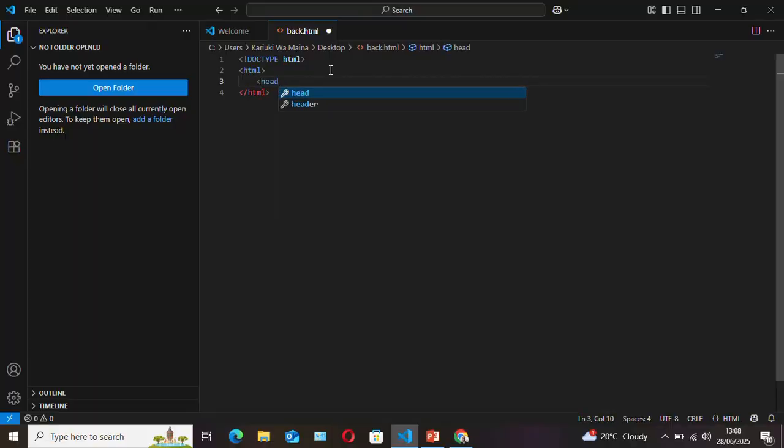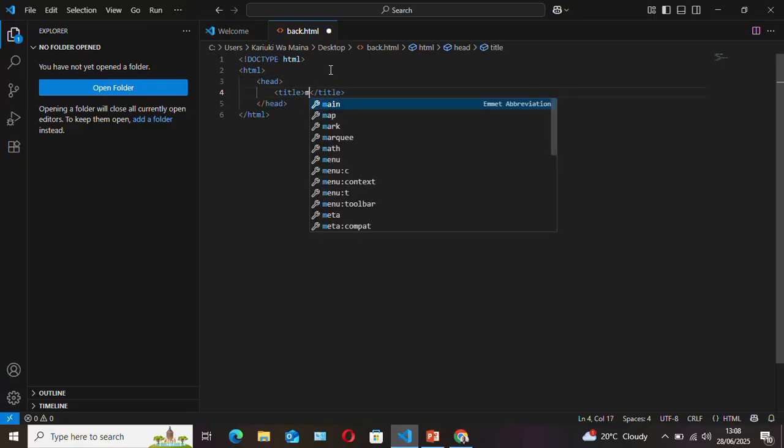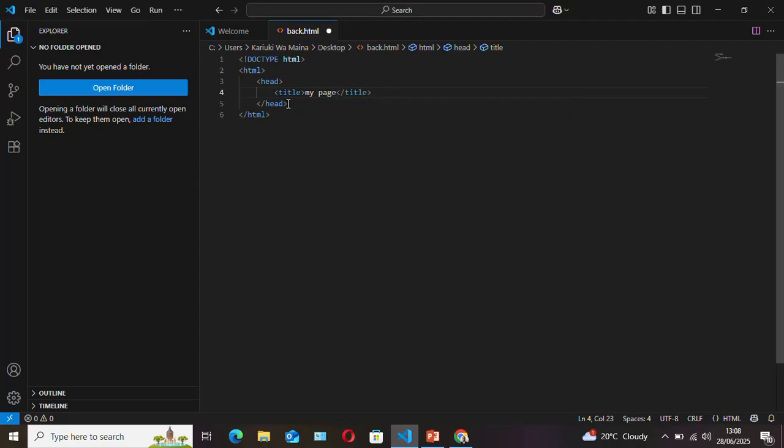and then inside the head section, we said you're supposed to create the title of your page, and the title is what is going to appear on the title bar of your page. Maybe this one you can call it my page. And you also say that anything that you want to be displayed in your page should be inside the body tag. So you're going to define the body tag